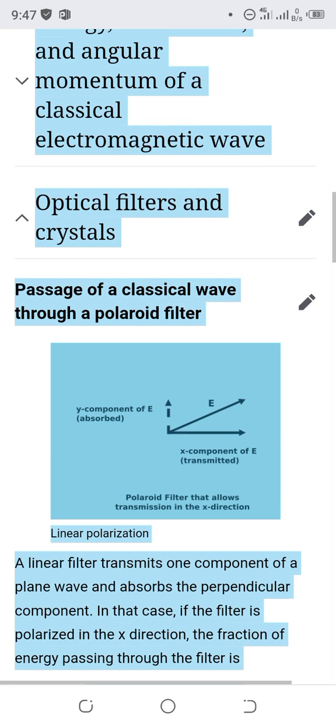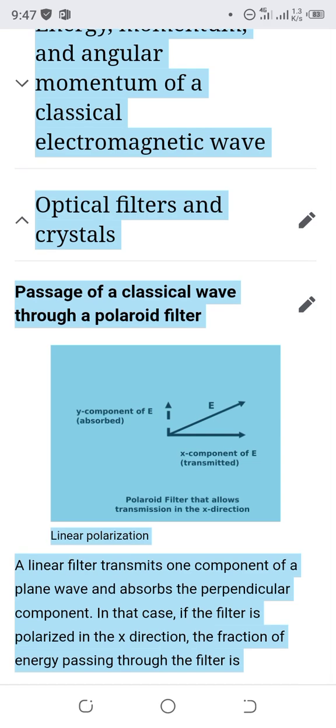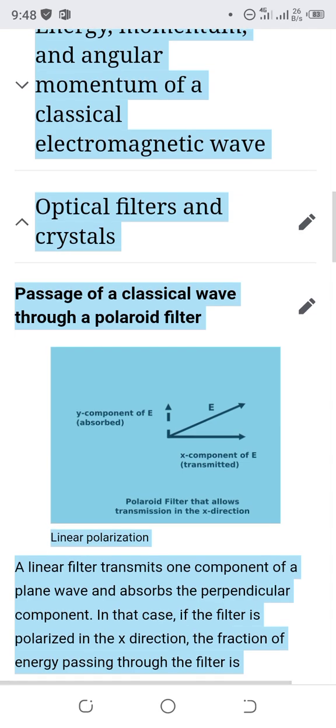A linear filter transmits one component of a plane wave and absorbs the perpendicular component. In this case, the filter is polarized in the x direction. The fraction of energy passing through the filter is